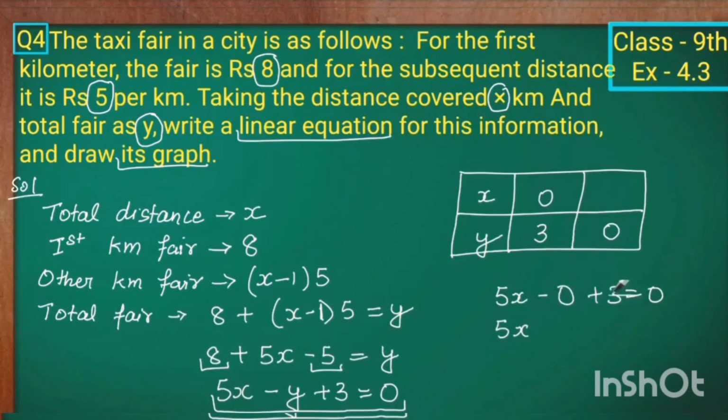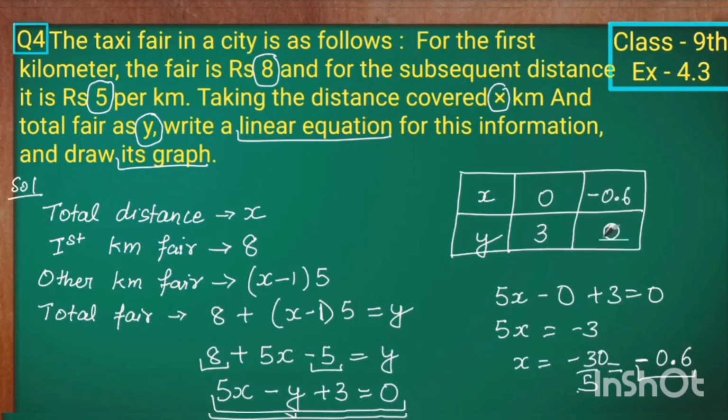5x, yes, the 3 will go on the opposite side. So 5x equal to minus 3, because if it goes to the opposite side, it will become minus 3. Now x equal to minus 3 by 5. You know the division, just divide that number. Here the denominator is greater than the numerator, so the x value will be in decimal form. If you keep the point, you can add a number of 0s with the numerator. If we add one 0, that is 30. 6 5s are 30. So minus 0.6, that is the x value. So the second solution is minus 0.6 comma 0.